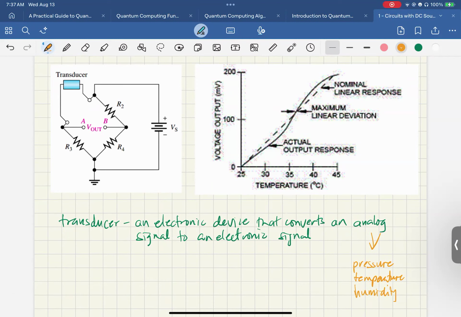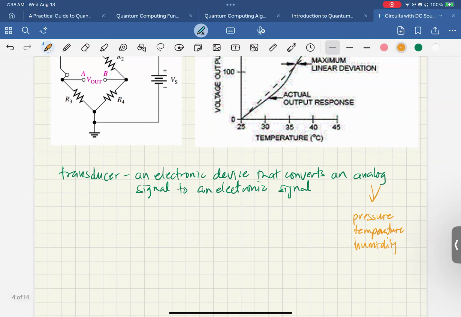And the way to do that is to use the Wheatstone bridge. And the transducer that you're going to use is a temperature sensor, or what's called a thermistor. So in the lab,